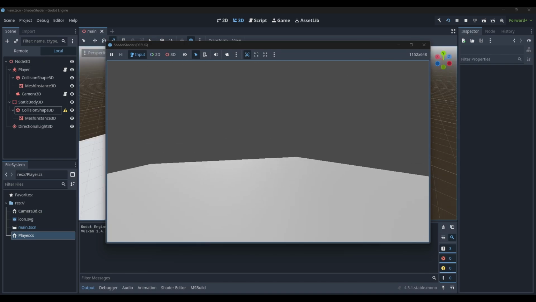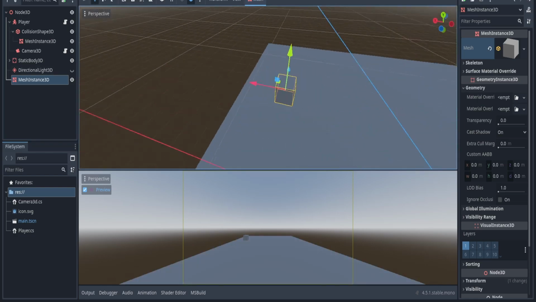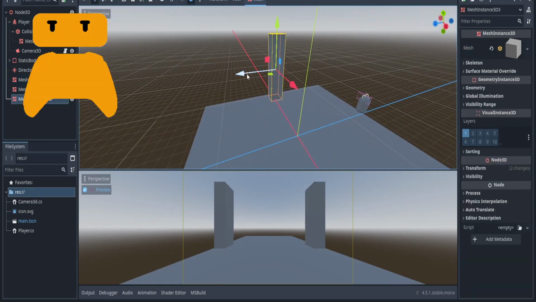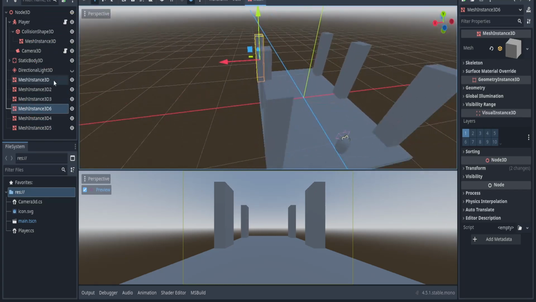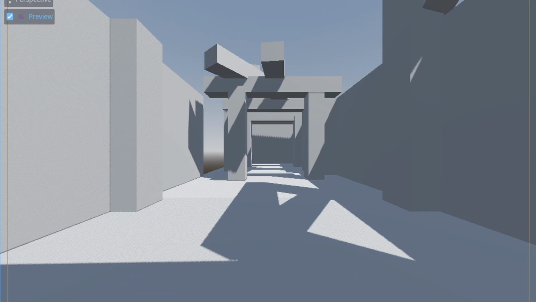Time for the actual environment now. We need an actual environment to be able to effectively try out these features. So, I started blocking out the environment. I didn't really have a vision, I just shoved things where I thought they were cool. I'm not gonna lie, I haven't actually done this kind of thing before. Anyways, we have ourselves a blocked out scene right here, which means the next step is to actually add in